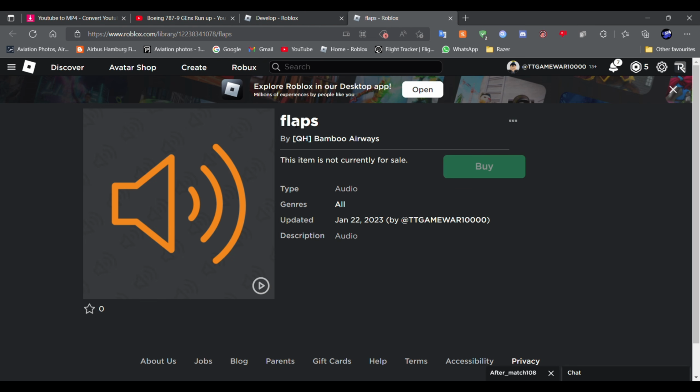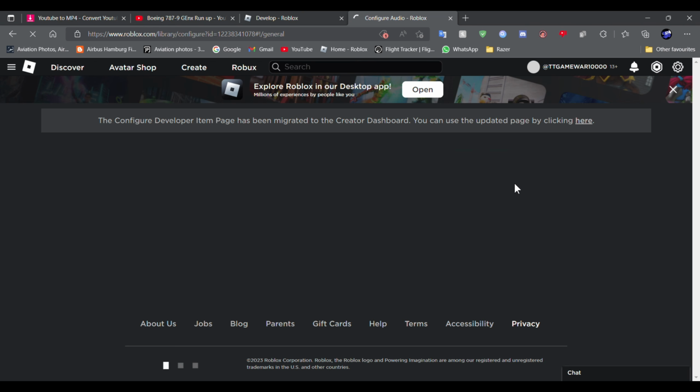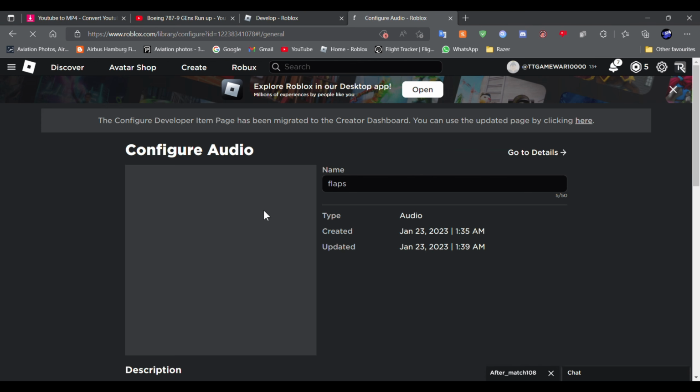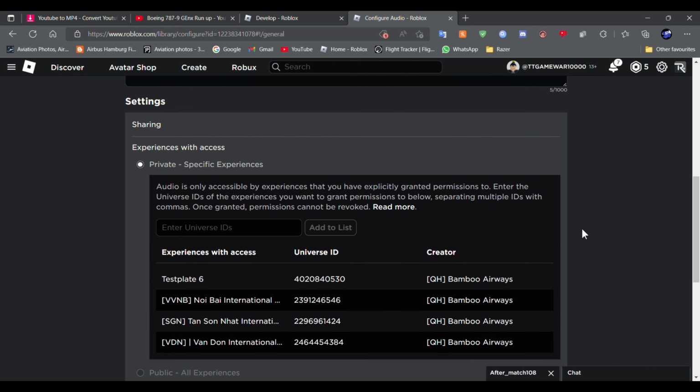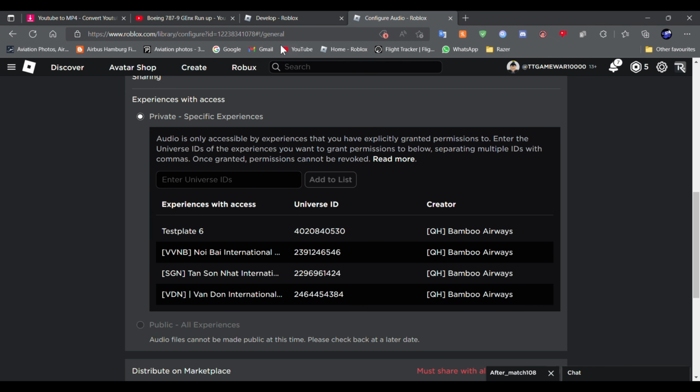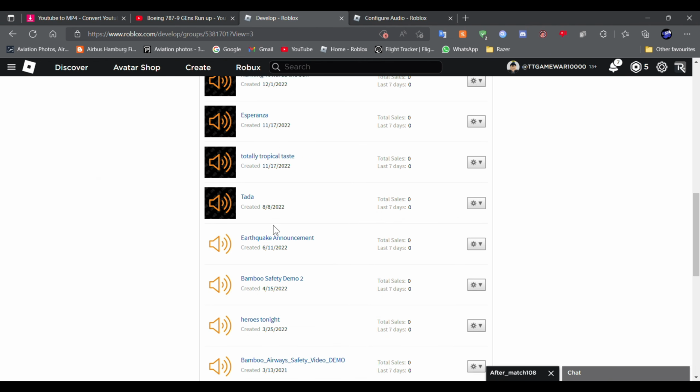So welcome back. Go back to the audio ID, which I showed as flaps. Then you configure the ID. Press configure. Now, I need you to find the universe ID. Currently you cannot show it in all public games because it's already locked and Roblox has not been fixing this, but you can actually show it in all your private games, and I'll show you how to get the universe ID. Simply, you need to go to the